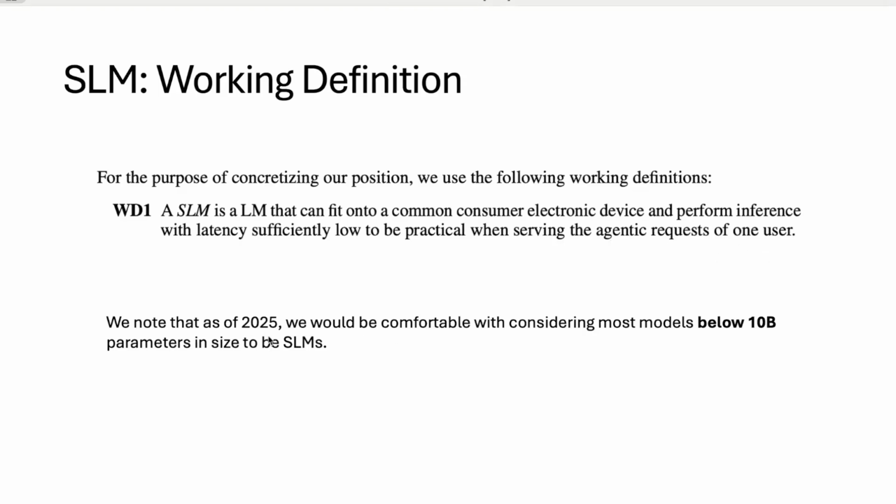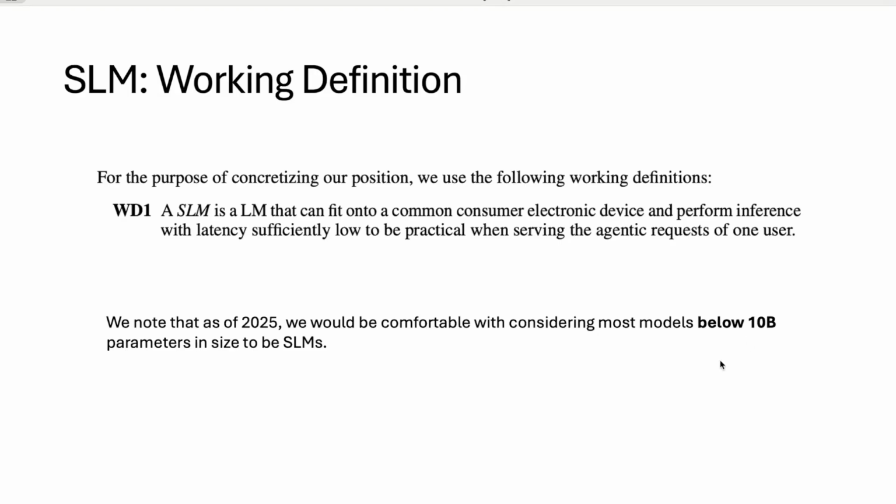And as of 2025, if you're really looking for a threshold about how many parameters a model needs to be considered a small language model, it will probably be around 10 billion. But if that model is 13 billion, I would say it's still an SLM, right? So it's not a very hard threshold there.